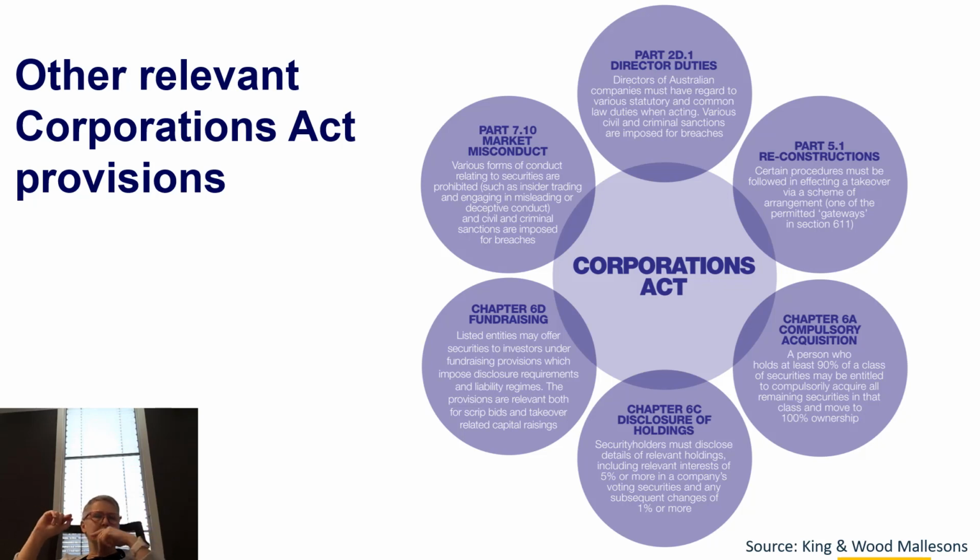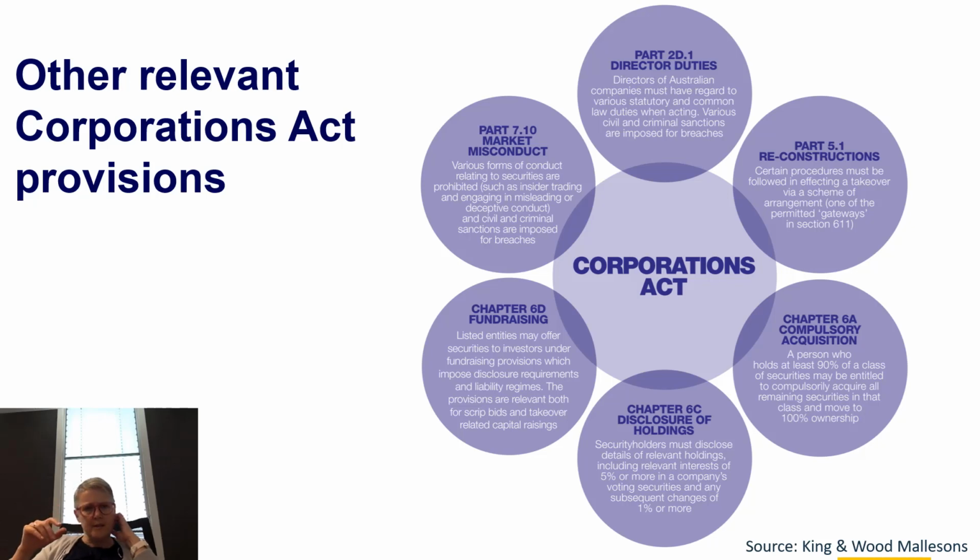I like the King and Wood Mallesons one the best. The Minters one is really good as well. Look, they're all good, but you will find them easier to read than the textbook when it comes to working through what each of the provisions are. And the way I'm stumbling around this morning, probably easier to read than to listen to me, quite frankly. But I like the way that Mallesons, and maybe it's just because I'm a visual thinker as well, do quite a good job of pulling together the different ways that the different elements of the law work.